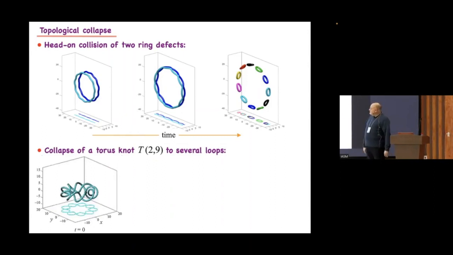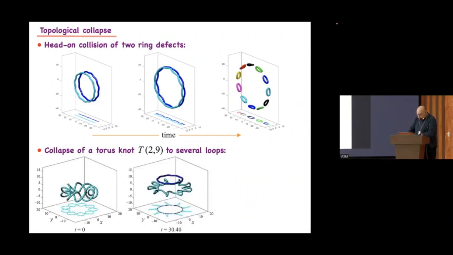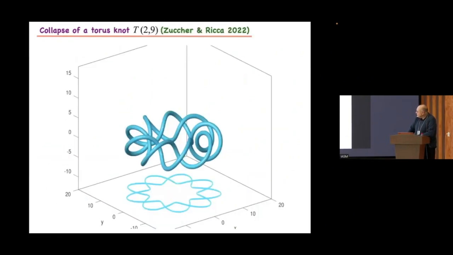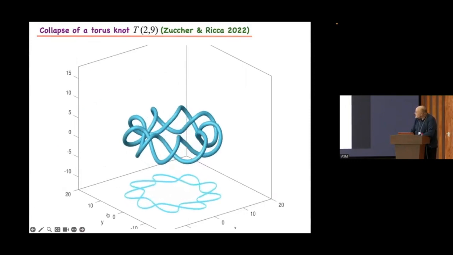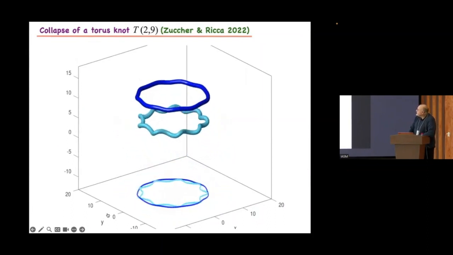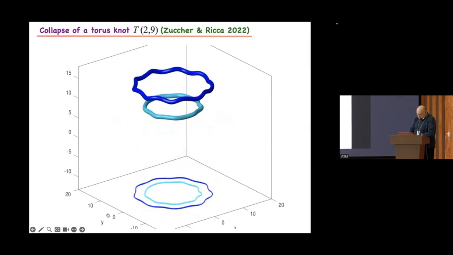We went on to investigate many knot types. And here you have one, in particular, the most complex that you see in this slide, the 2-9, which goes twice around the large radius and 9 times along the azimuthal direction. And the evolution of the 2-9 is beautiful. You see the production of one single loop and then smaller loops. I think I have a video to show you. I hope it works. Let's see if it does. You see there is a rotation and then reconnection, and then finally instant reconnections.